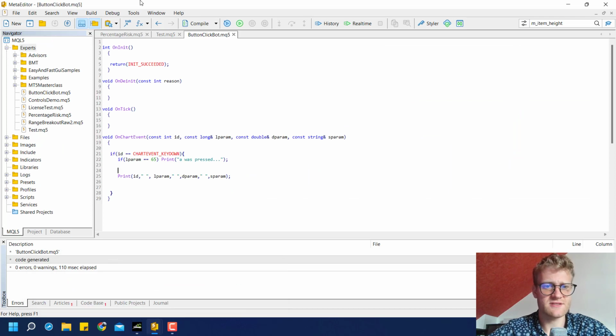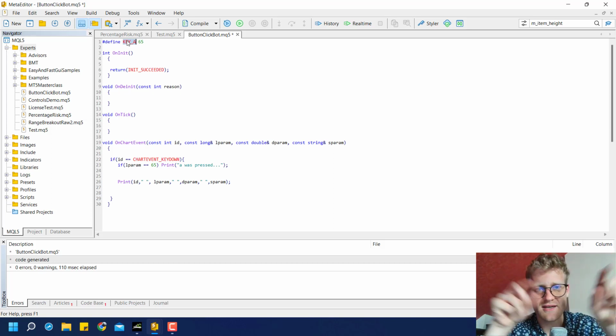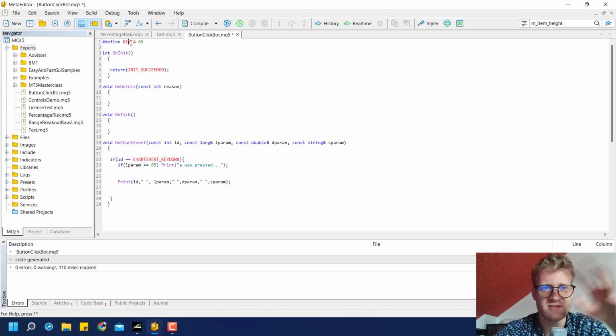So what I can do is define something, for example. I define button or key A, and I give it the number 65. This line will say for this expert advisor, for this program, the term key underscore A, written exactly like this, all in bold and with this underscore, will be replaced by 65 in the code. So I can say key underscore A,